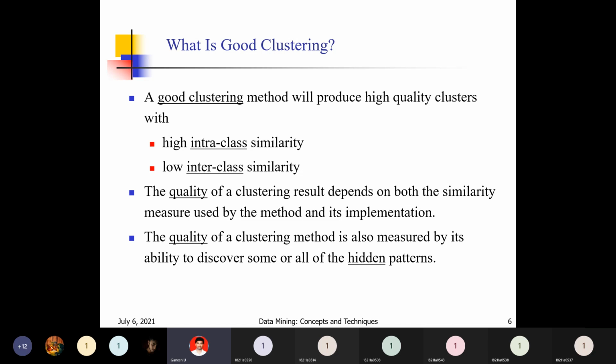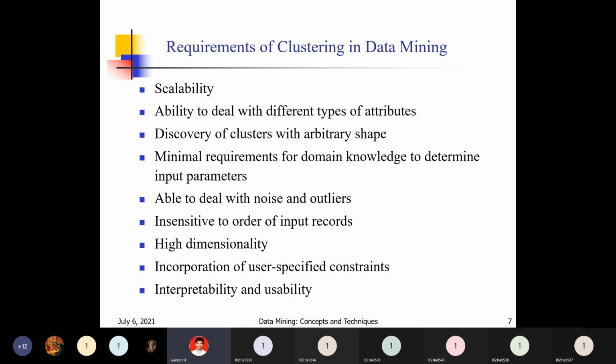What are the requirements of clustering in data mining? How the data should be, how the clustering method should be. So, the prerequisites for clustering we have seen: how the data should be, how the clustering algorithm should be to support mining the data, to support extracting the data. What are the requirements for a clustering method, what are the features, what are the properties of a clustering method, all those things we have seen.